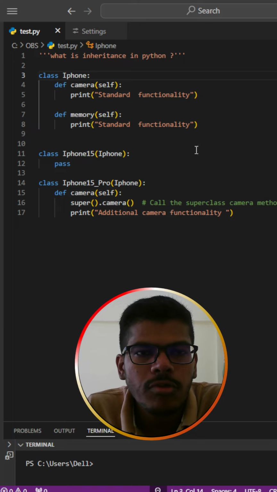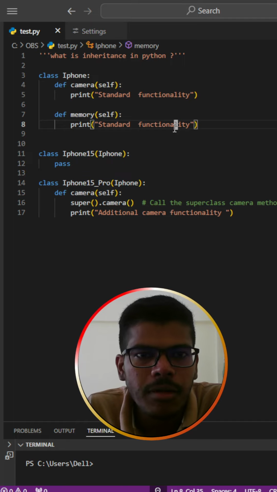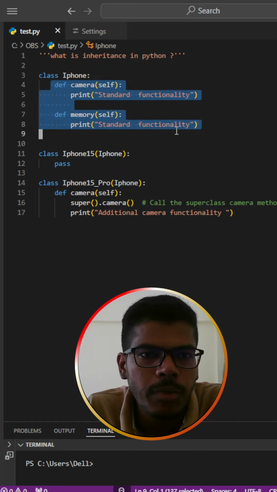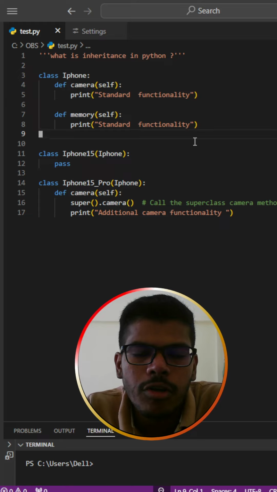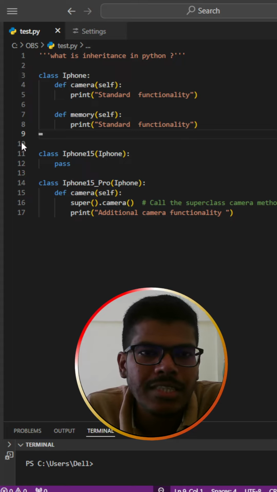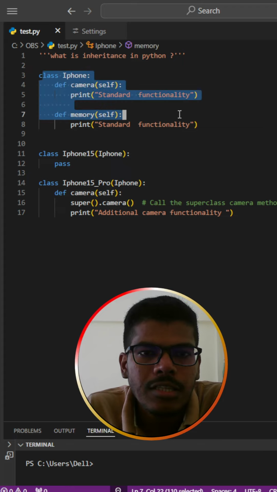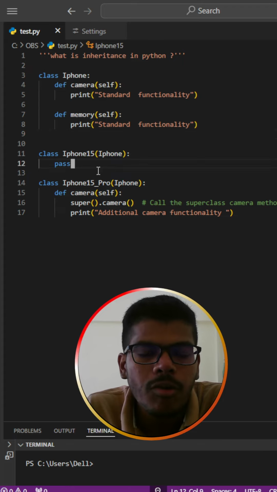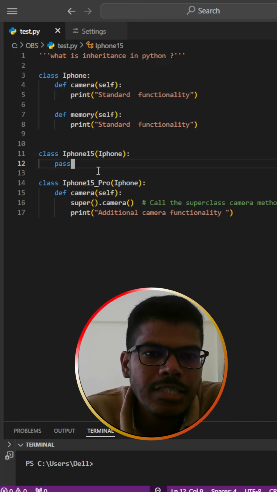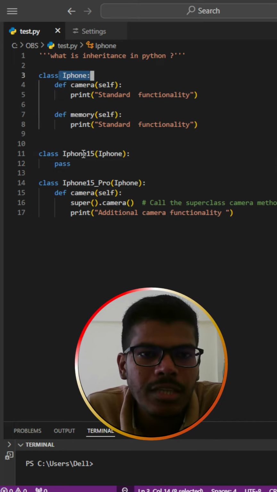So, suppose I have created one iPhone class and it has lots of methods, but here I have just shown two methods. So, I have a requirement to create another class iPhone 15, but it has same functionality as iPhone class. Then instead of writing code again, what I can do, I can just inherit this iPhone class in iPhone